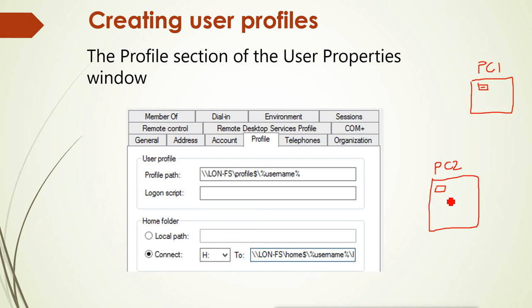Now we can sometimes have problems because users don't understand these things. When the user logs into PC1 and creates some file on the desktop or in the documents directory, remember, the profile is local, so it will be stored under the local profile directory. Now the next day the user logs into PC2 and says, oh, where is my file which I created on the desktop? Where is my file which I created in documents? It will not show on PC2 because it was created on PC1.